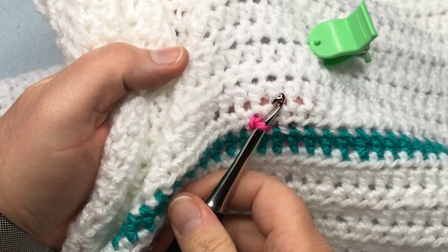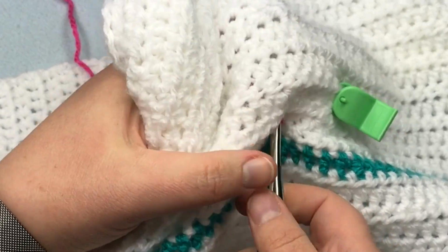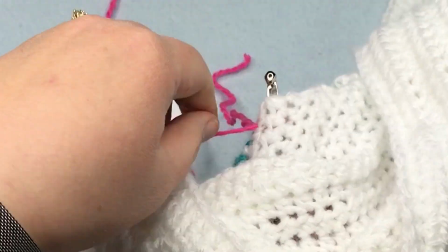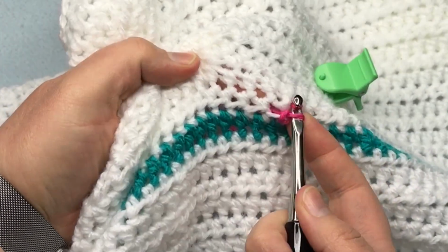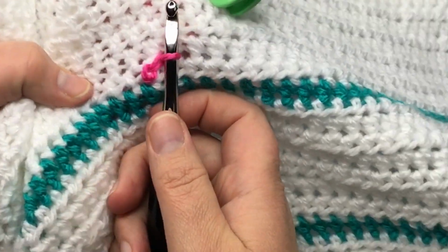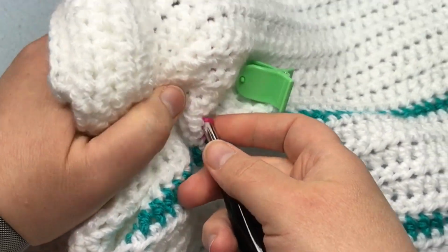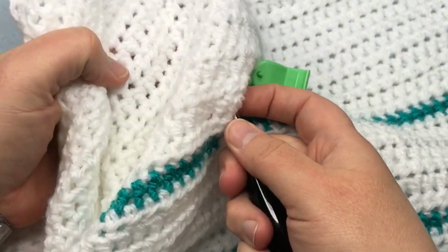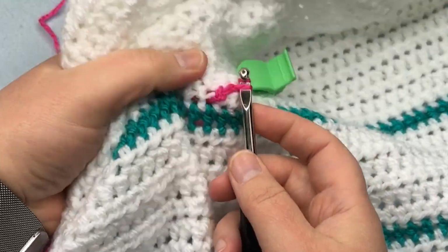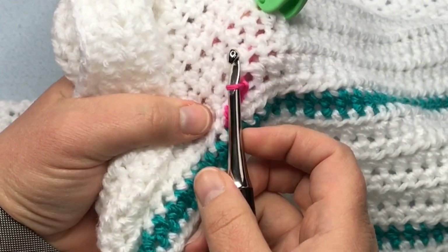So I'm just going to jog up and over to the next spot that I think will make that line. I'm going to yarn over in the back and pull through that next spot. Let's see. Pulling through and then slip that stitch, the back loop over the front. Okay. And now we need to do that again, going in a line, yarning over in the back, pull it through, and then slipping that stitch. Okay, keep going in a line,